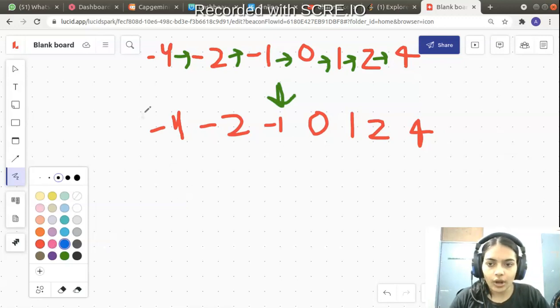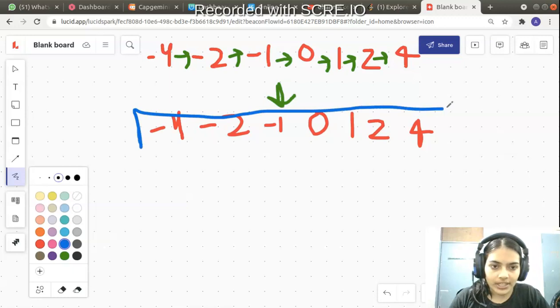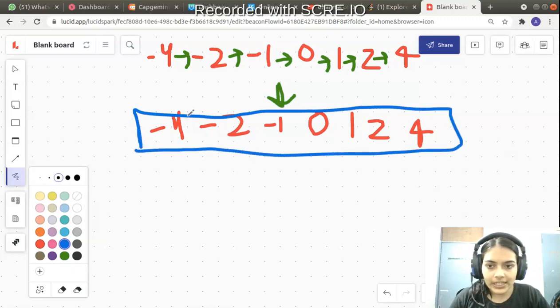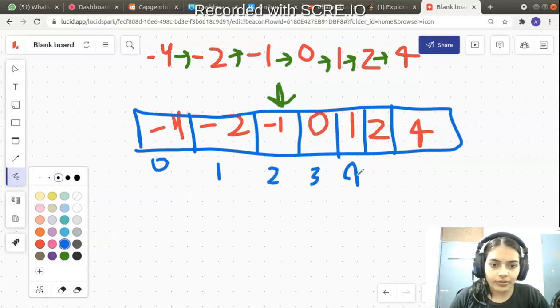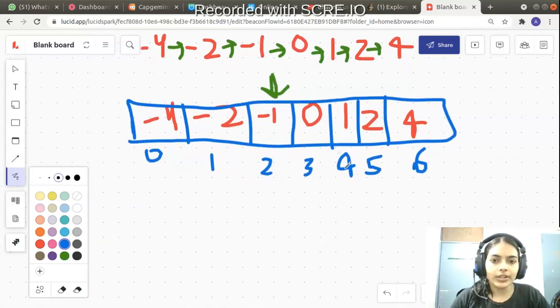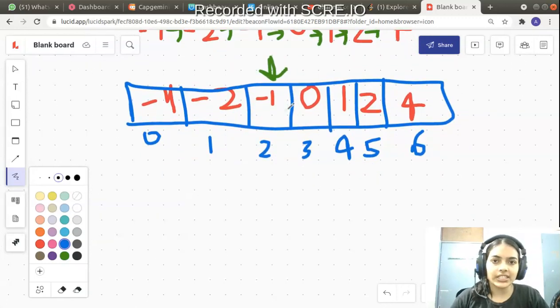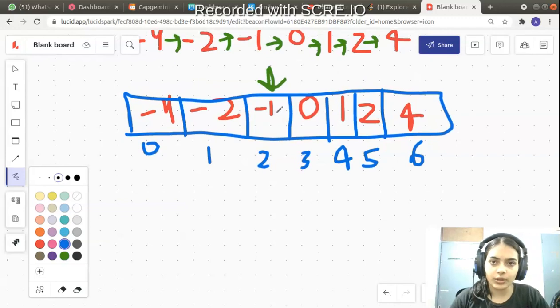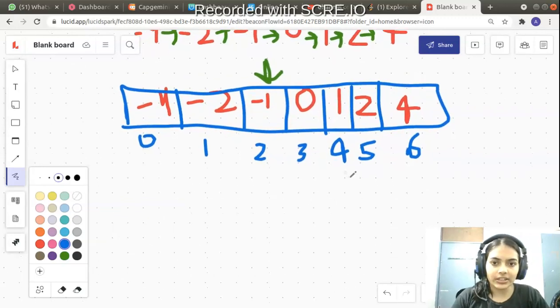So this is an array. Now an array has blocks, right? And blocks are just denoted by indices. So let me just mark the blocks so that it is a little bit clearer. So we have these indices 0, 1, 2, 3, 4, 5, 6. The size is just the same, but now in place of a linked list we have an array. And converting is easy. Go through in one iteration in O(n) time complexity, and you can just convert it, right?